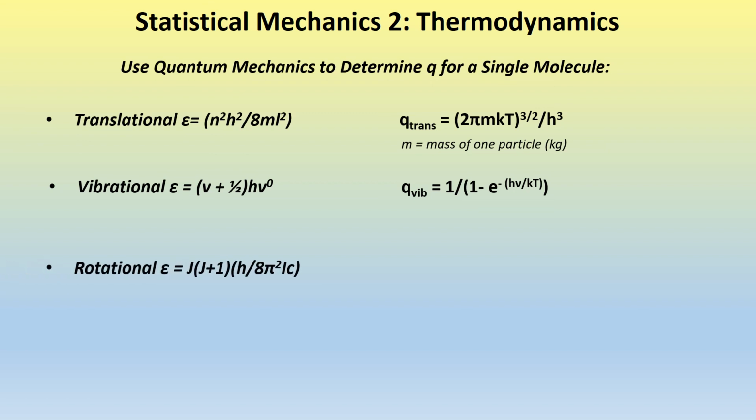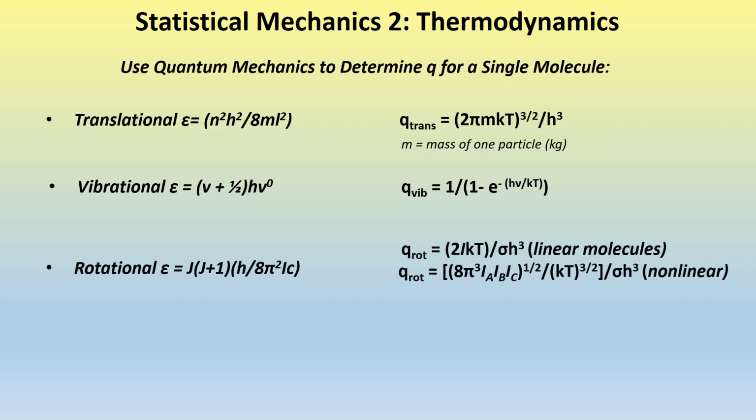There are two possibilities here. If one continues with a rigid rotor, in other words a linear molecule, the rotational partition function is 2 times the moment of inertia, kT, over something called sigma h cubed. However, for a nonlinear molecule, where you can have a moment of inertia in the x, y, and z direction,